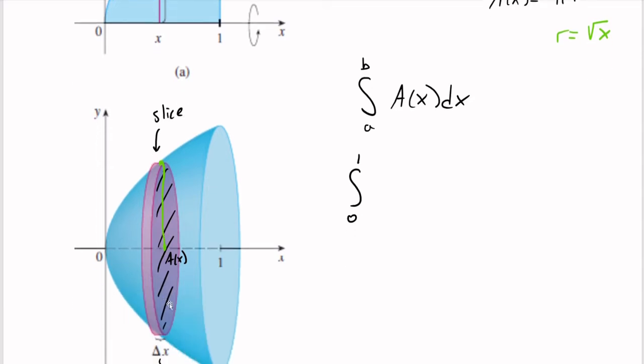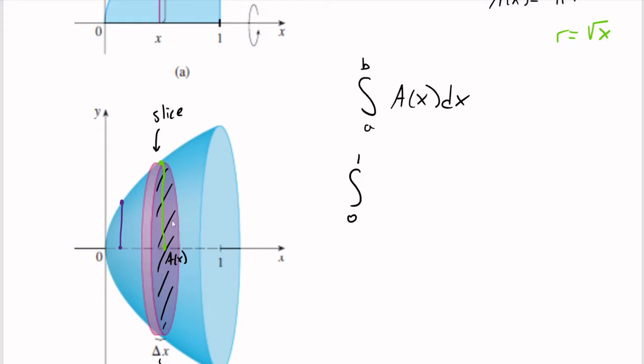And you might think, well, how come the radius isn't just one fixed number? Well, think about this. If I choose a different x value, watch, here's a different x value. So what will I do here? I could draw in this little disk that I'm approximating with, but all I really need is what's the radius of that disk going to be? Well, for this little x, it's square root x, because that's what I bump into. I got to stop there. So no matter what x I pick in here, the radius of this